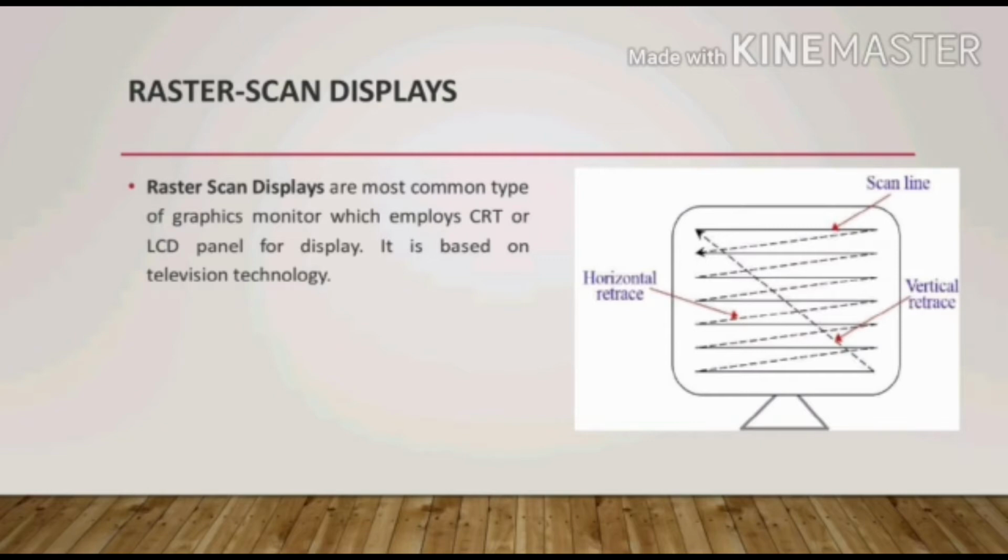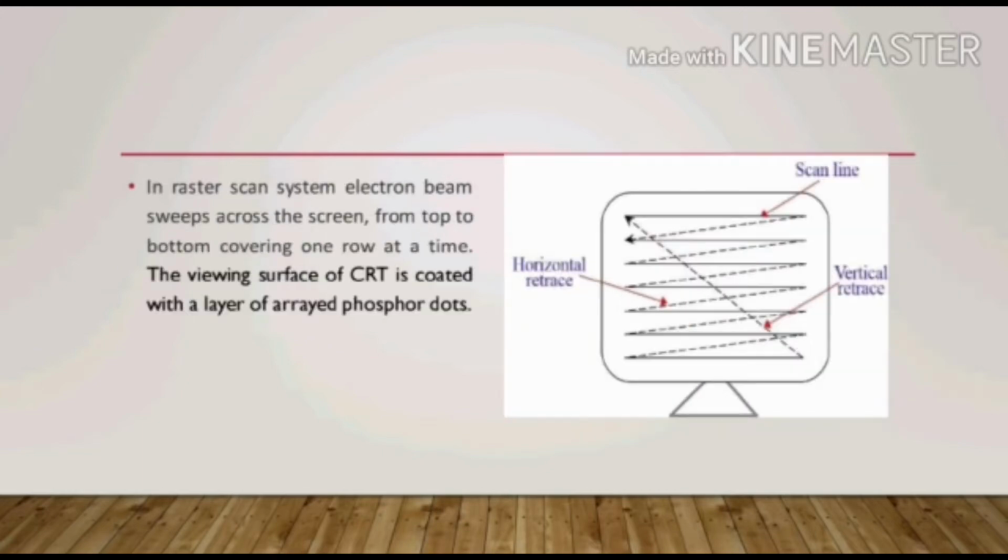Raster scan actually is the rectangular pattern of image capture and reconstruction in television. In raster scan, an image is subdivided into a sequence, usually horizontal strips known as scan lines. Each scan line is transmitted in the form of an analog signal, further divided into pixels for processing. In a raster scan system, the electron beam sweeps across the screen from top to bottom, covering one row at a time. It means the electron beam moves from the top scan line to the bottom scan line, covering one scan line, that is one row, at a time.